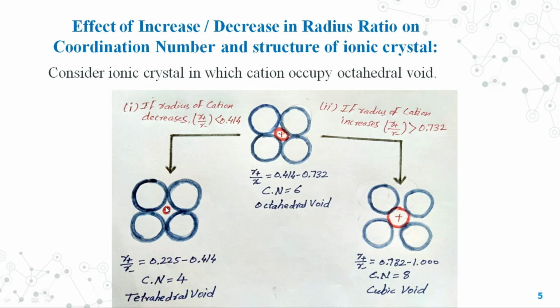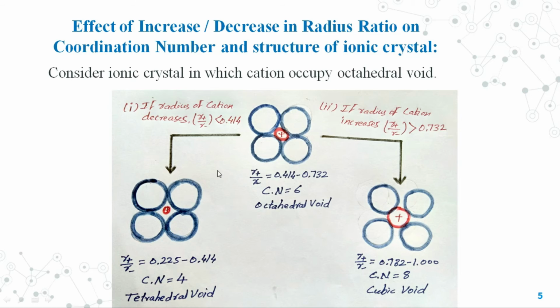If the cation surface is connected to the anion, it will neutralize that repulsion, but here it is not occurring, and as the cation is not in contact with the anion, you cannot expect a perfect structure. That is the reason why if the size of a cation is smaller, so that the radius ratio is less than 0.414,